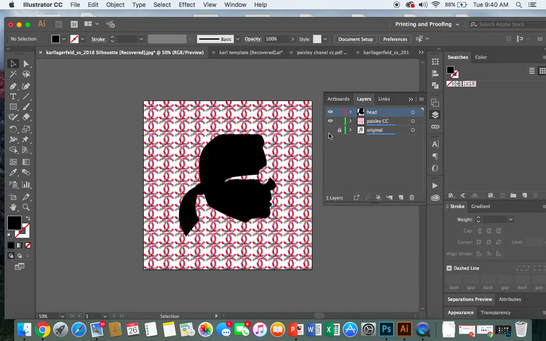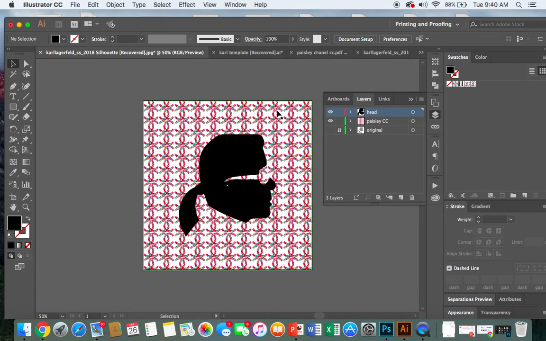So I'm going to click on the original so you can see it is actually in the back. It's the last layer, so you really can't see it. But we don't want that. I'm just going to make it invisible. We don't need that for now. If I need to trace any other piece of that image, I'll show you how to trace it. Maybe I decide that I want to trace the jacket and the tie and turn that into a different color. I can do that. But for now, I'm just going to stick with the silhouette of his head and the